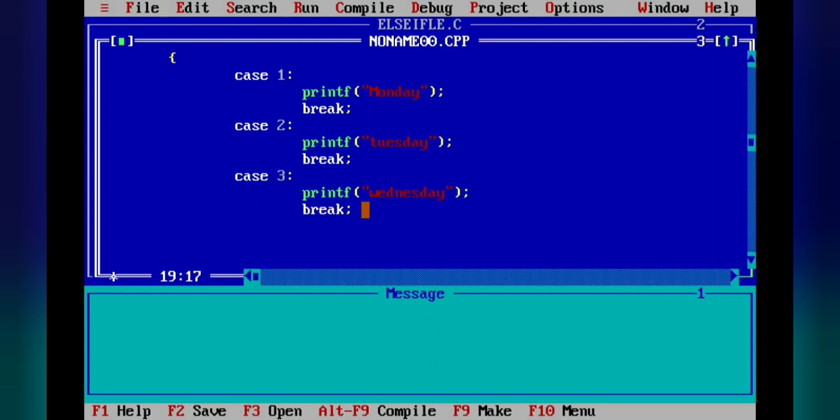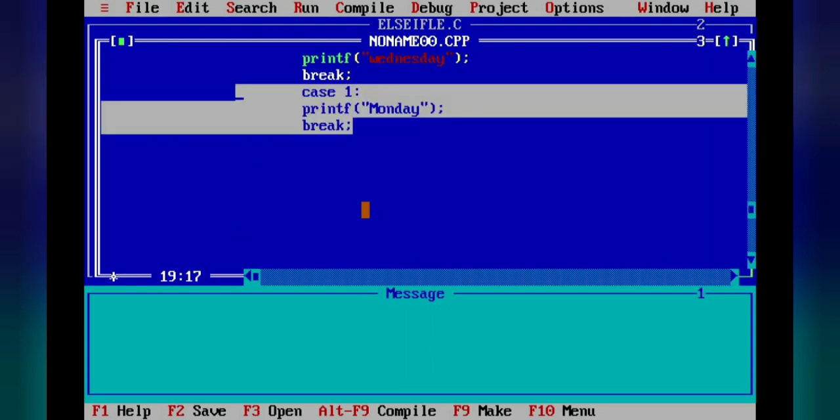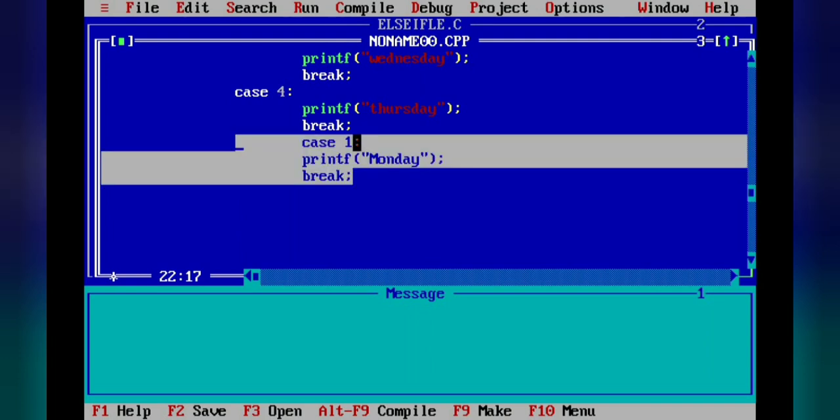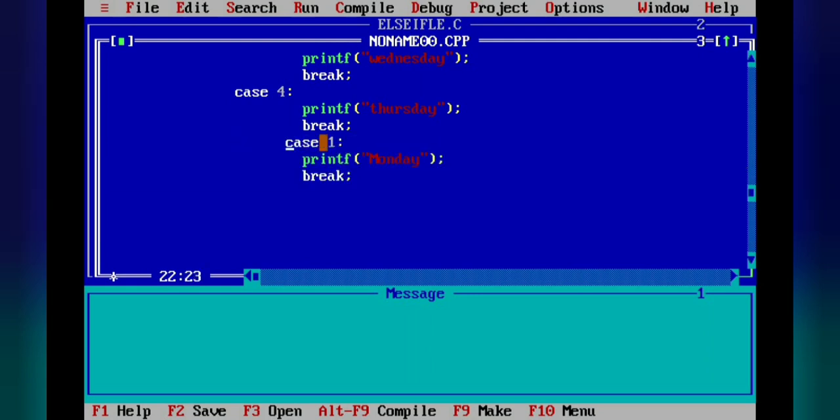Now I am using the shortcut key, that is shift and insert. So this one is case 4, and next is Thursday. Now we will go to the next, shift and insert. This one is case 5, and next is Friday.